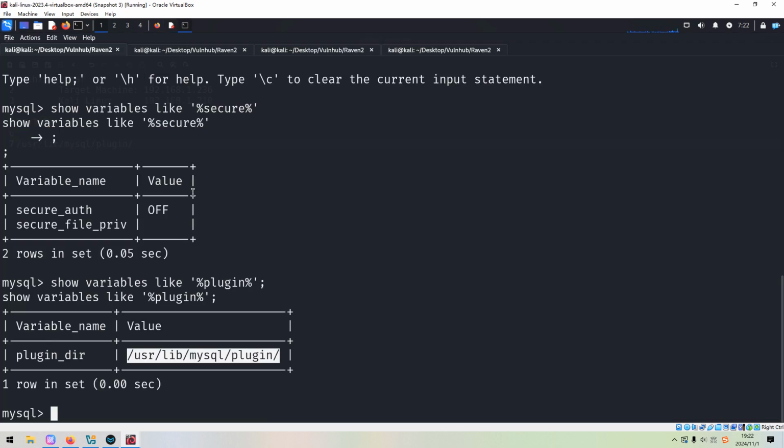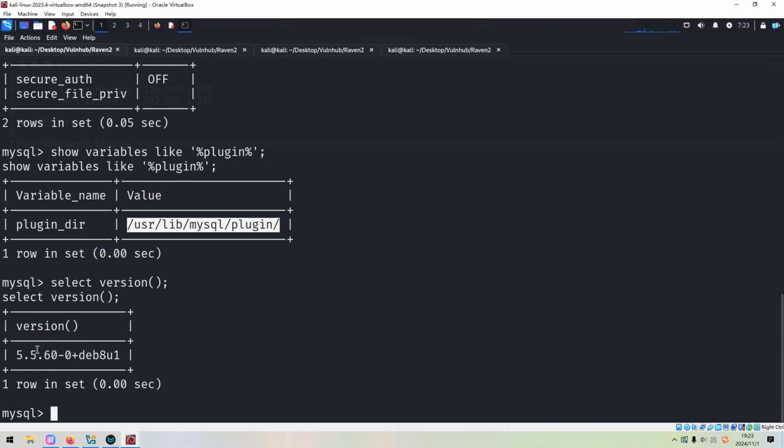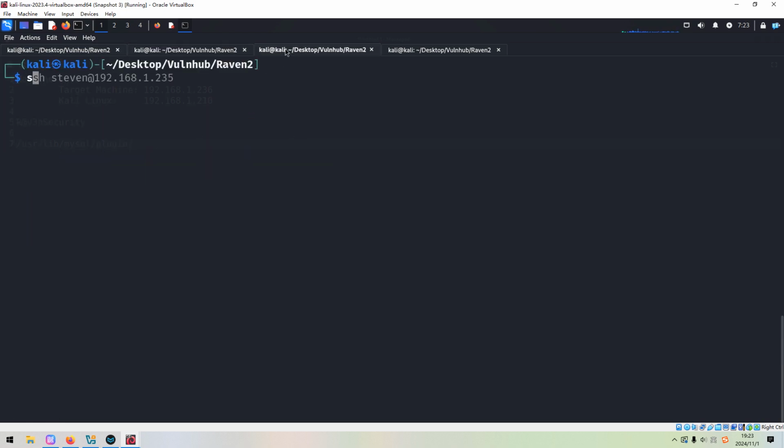Next, also we need to check the version of MySQL. Newer version doesn't allow us to do such a thing. Okay. Oh, sorry, not this one. Select version. This is a 5.5, and then we can use such a sprite.